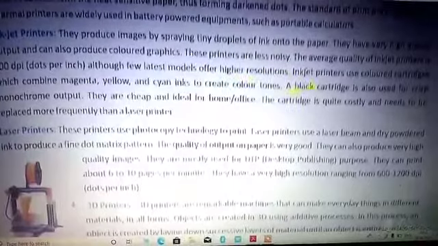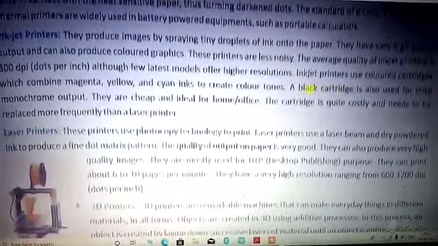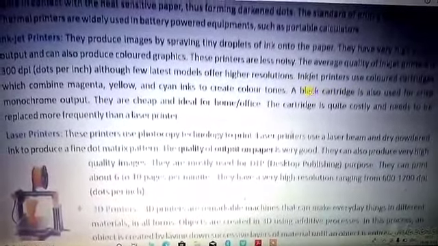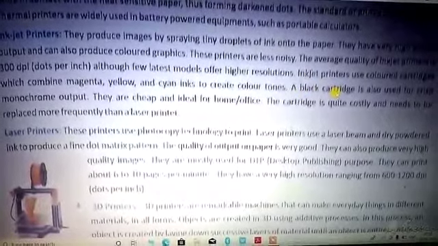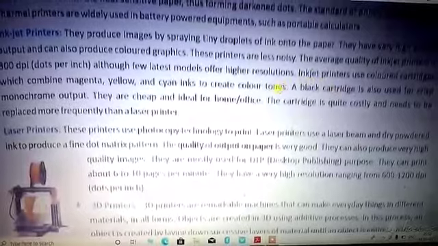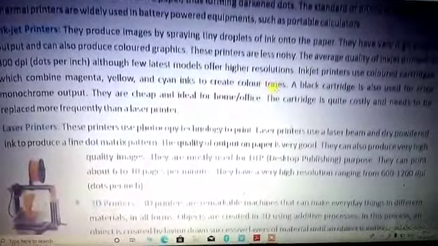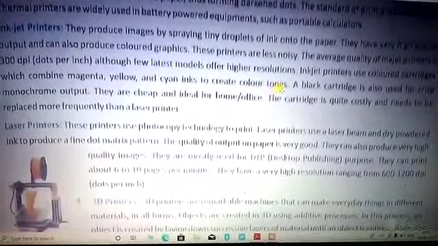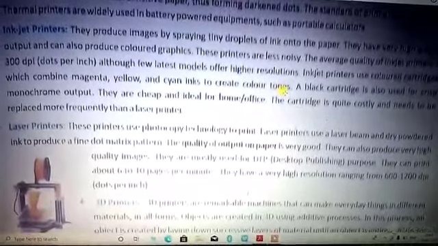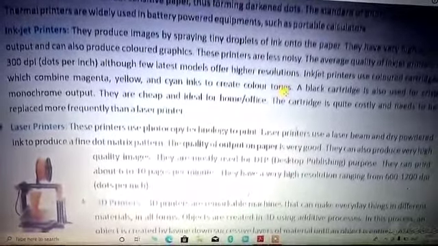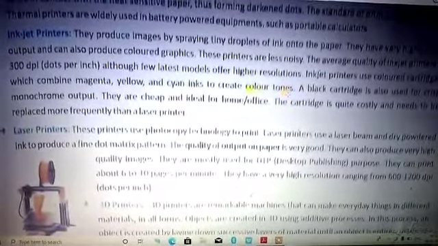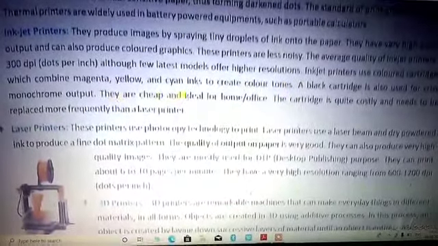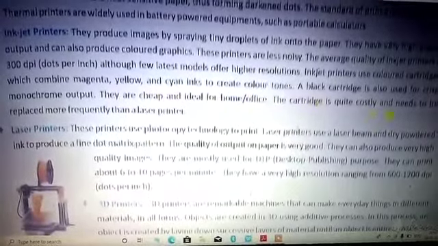The container of the electrically charged ink is called a cartridge. It comes in both combinations: the black cartridge is used to print black and white output, and color inks are also available for this inkjet printer, so it is capable of printing colorful output. In homes and offices, the cartridge is quite costly.